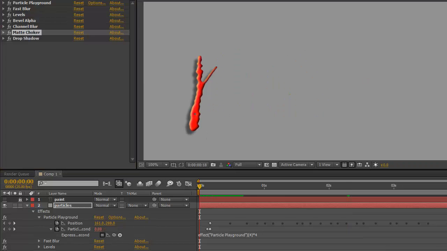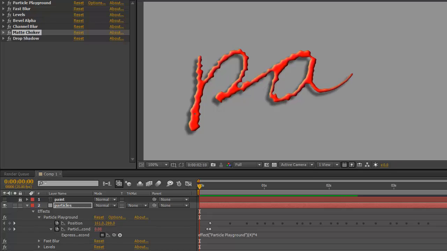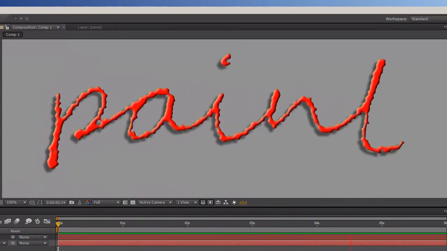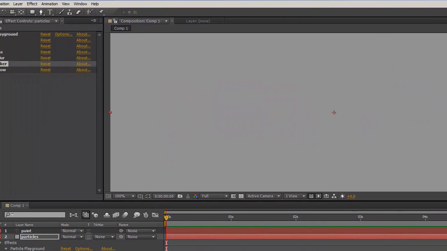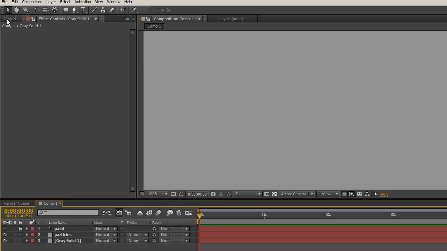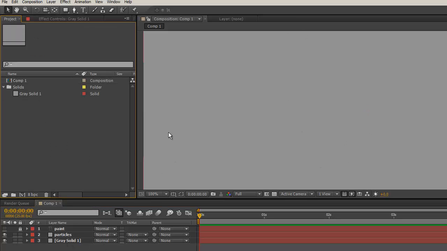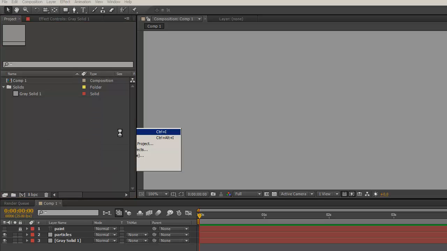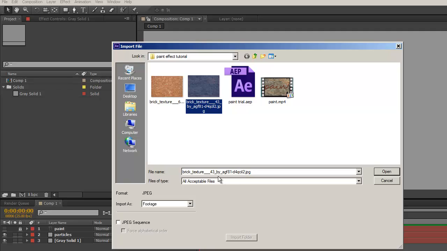So if I preview this now, if I was going to adjust this anymore, I probably want the paint to actually stop spreading a little bit quicker than it is doing, but it's quite nice, it's good enough. I'm just going to collapse this back down, and just for the sake of it, let's try this, just put it against the background and see how we can make it look. So I've found a couple of nice free textures from a DeviantArt user called